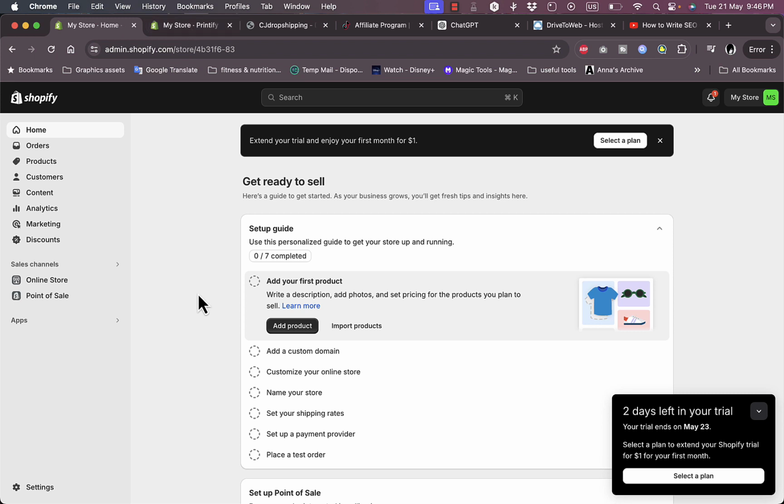And once you get an order, Printify will do all the printing, shipping, and delivery and everything, and you'll get the price difference